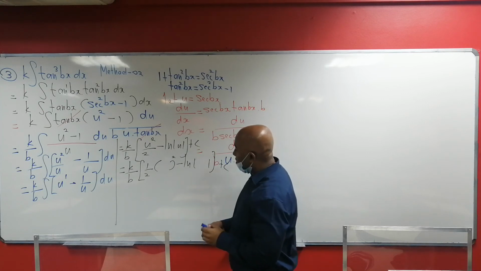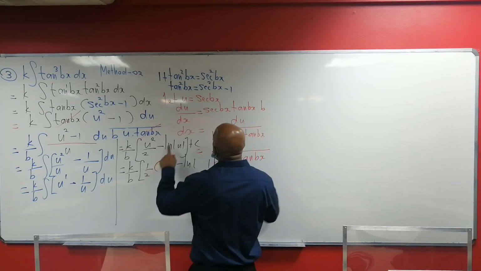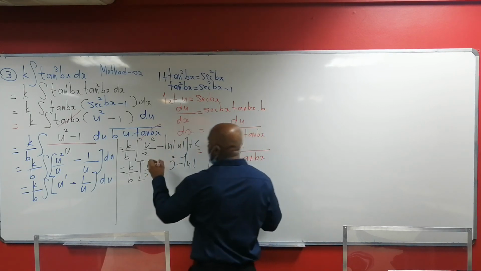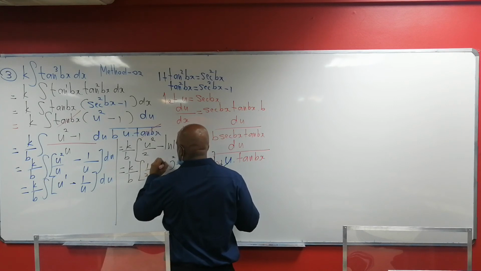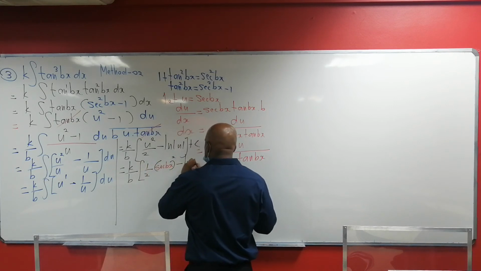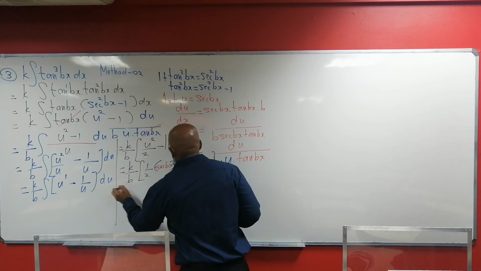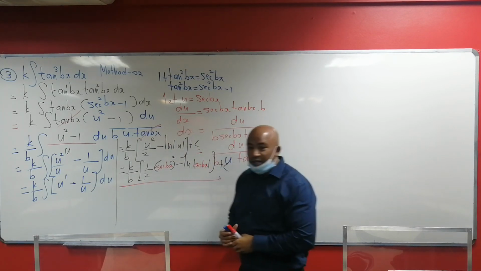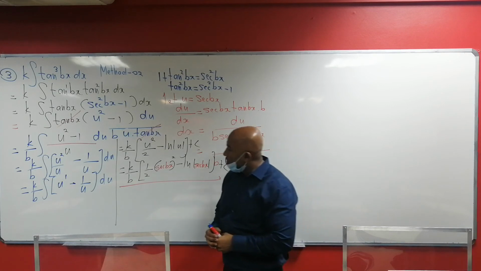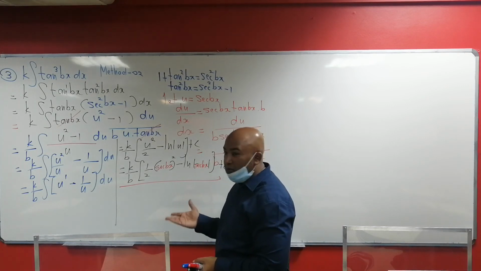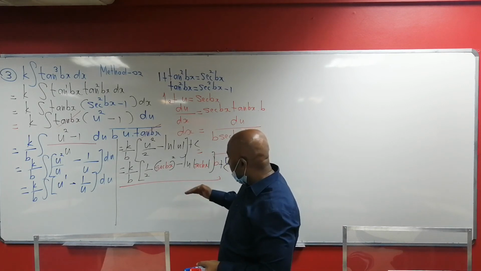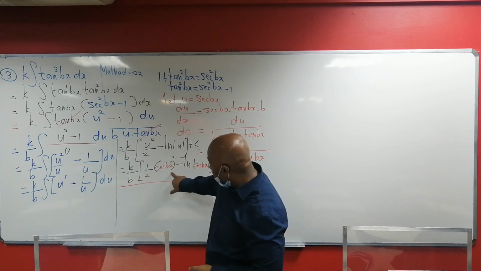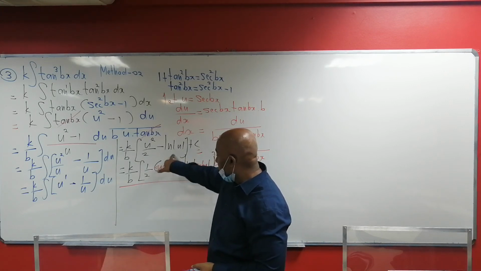Don't forget to substitute back. What was u? U was sec of bx. Alright, so this was option number 2, method number 2. It's up to you, whichever one you want to use. But this is correct. If we have to use our square identity, sec squared is equal to 1 plus tan squared, we can change this